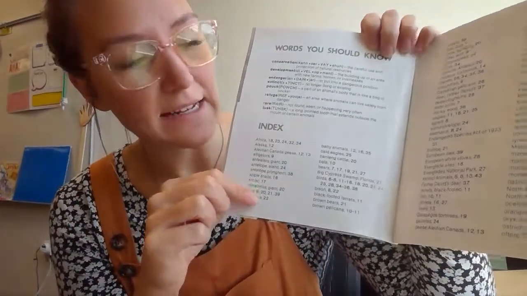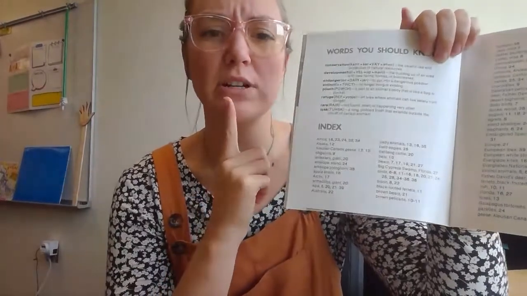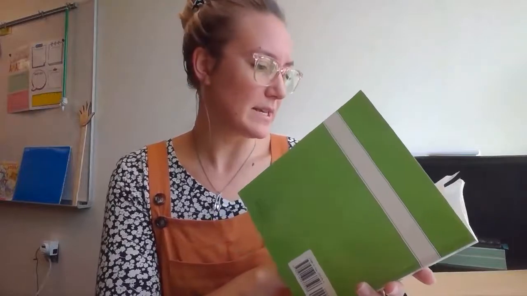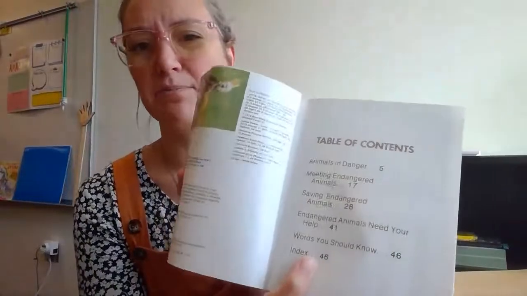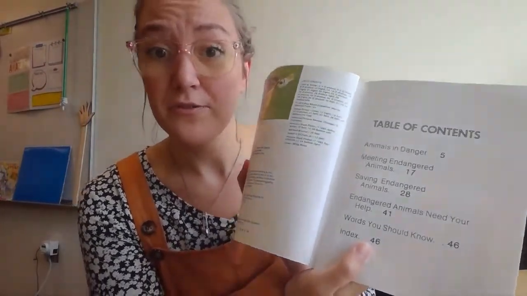And our index at the end is also like part of a map. So let's say I want to find a specific thing in this book and I didn't see it in the table of content. Maybe I wanted to find, let me see, polar bears. And I was looking in the table of content and none of the chapters said polar bears. So I'm not really sure where to look. To find it quicker, I can go to the back of the book,